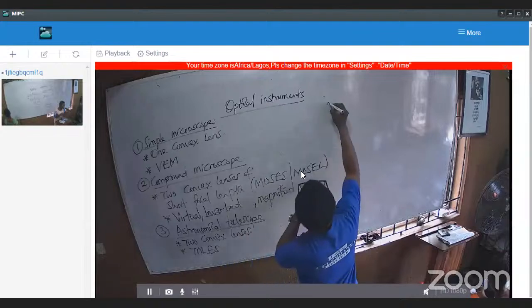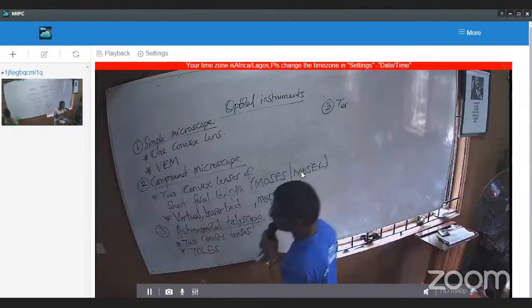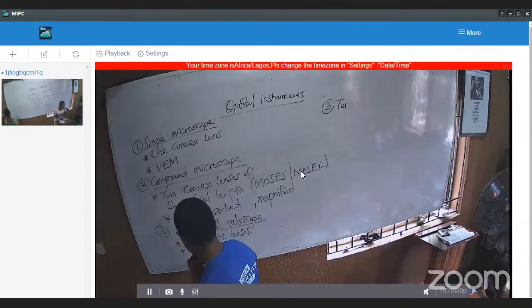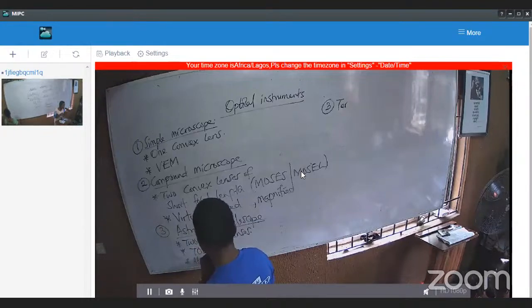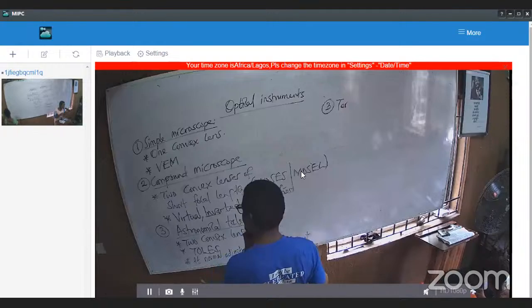Then we have terrestrial telescope. The final image also here is VEM. At normal adjustment, final image is at infinity. At normal adjustment, they like to ask for that. Final image is at infinity. But apart from that, you still have